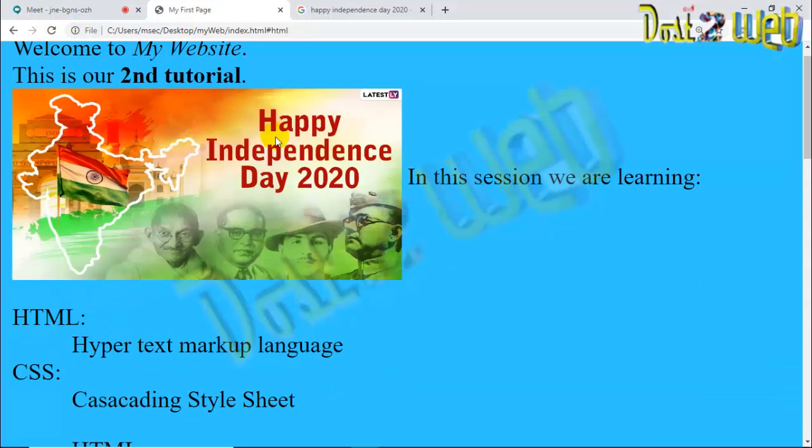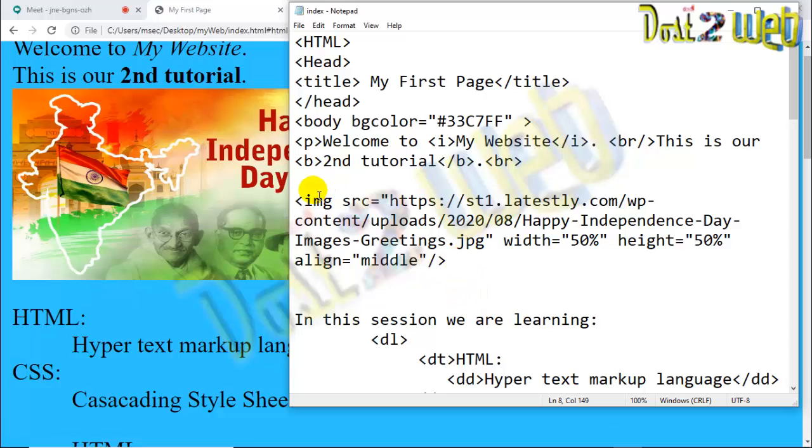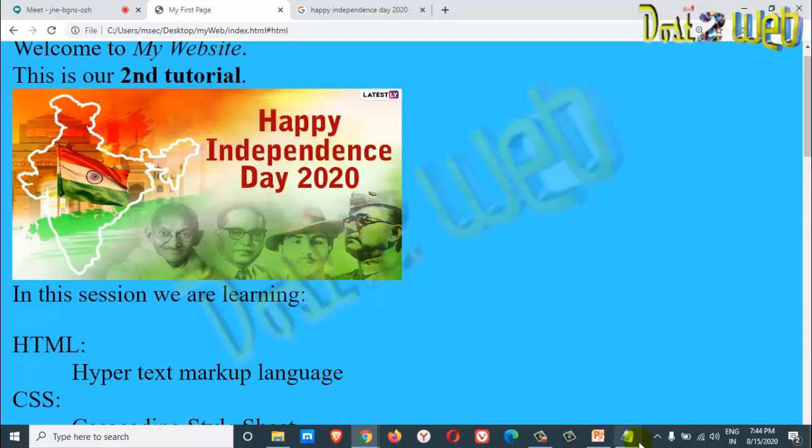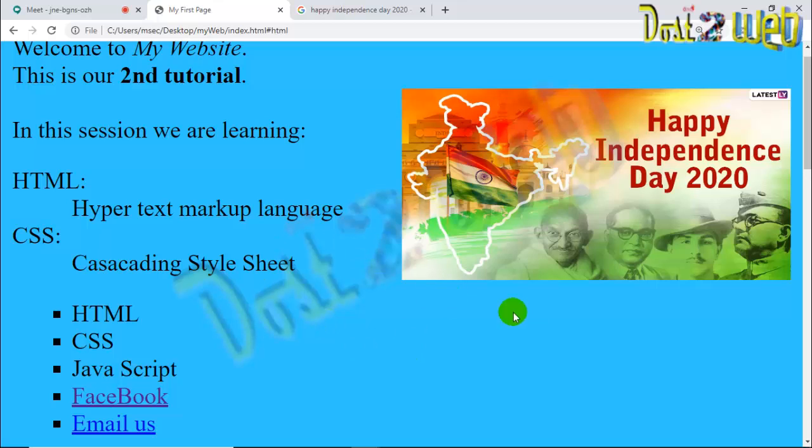You can see here, right? Because text is there, that's why. You can see here the image is on the right hand side, but you can see the text is coming, right? Like this way you can define the attributes in your image tag.